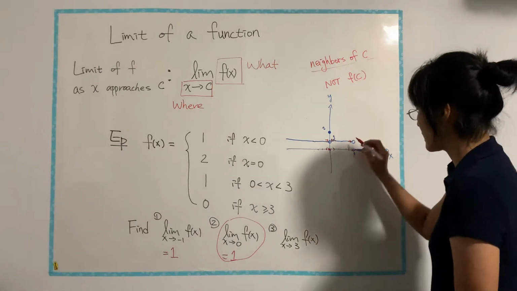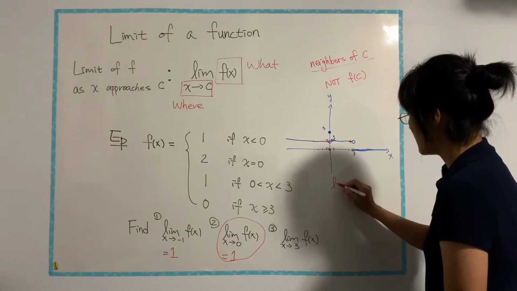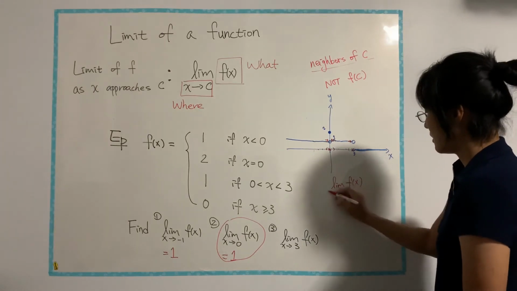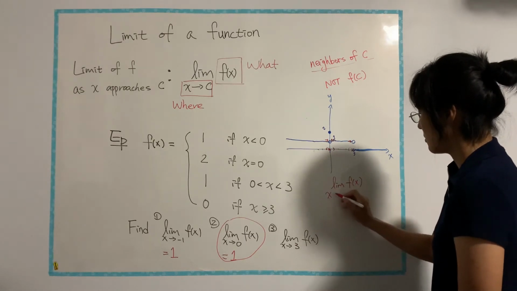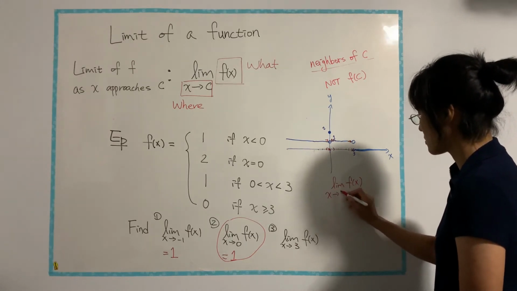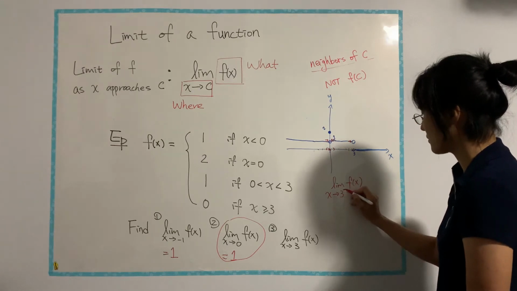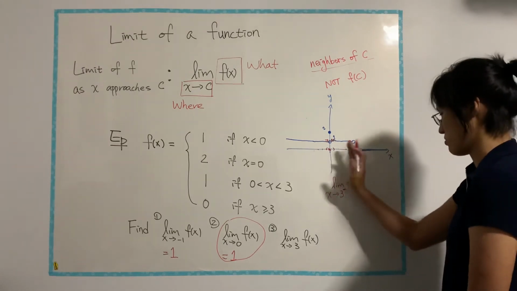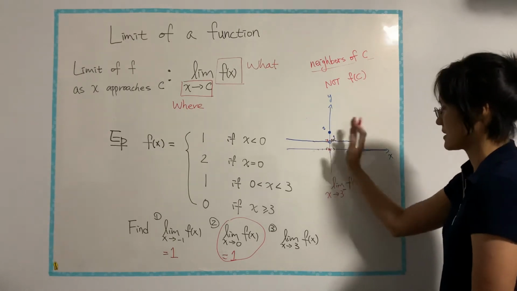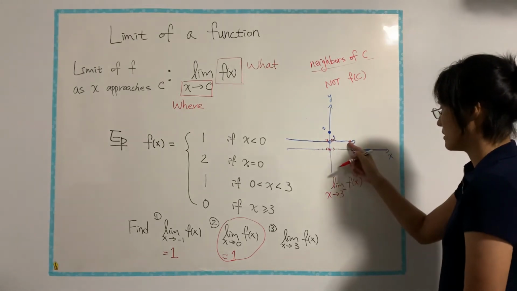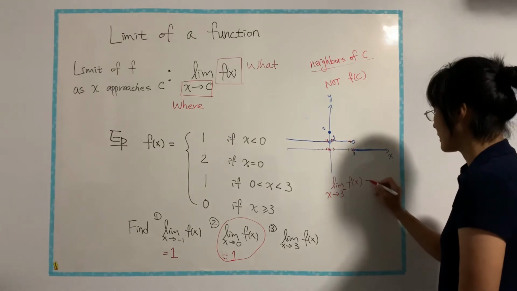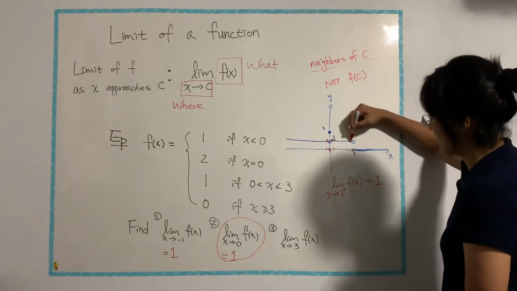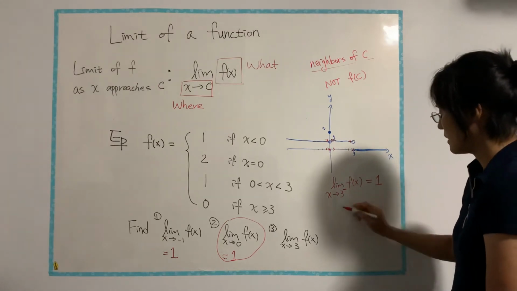So in this case, I can say the limit of f where x approaches 3 from the left. Okay, so the minus sign means it's less than 3. So it's the left hand side of 3. By the graph, I can tell that it gives me 1 because we're over here, right? However,